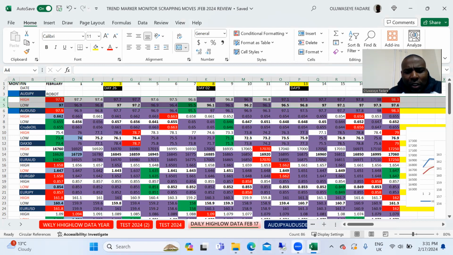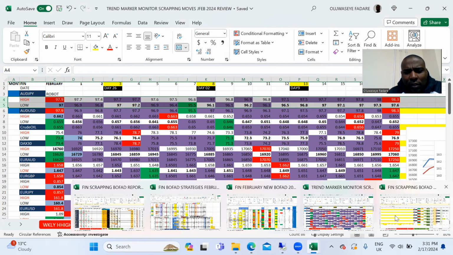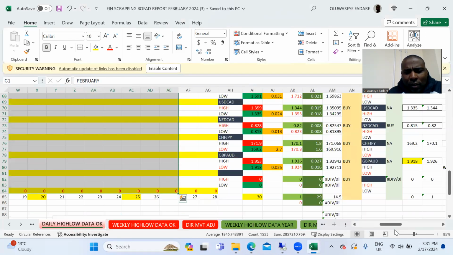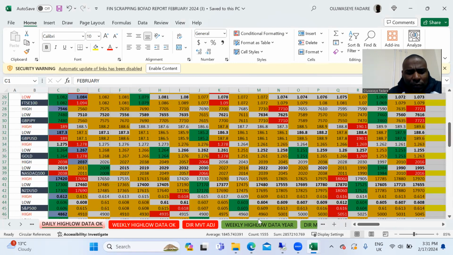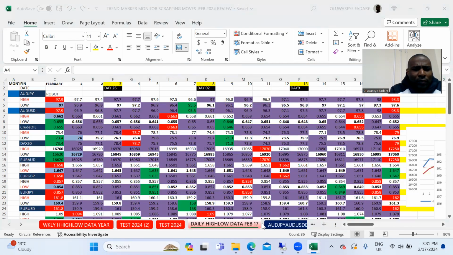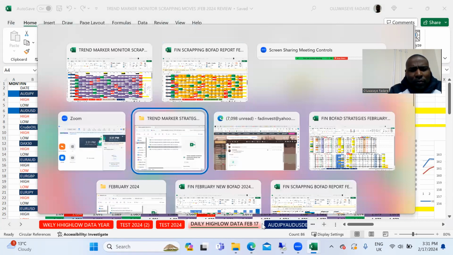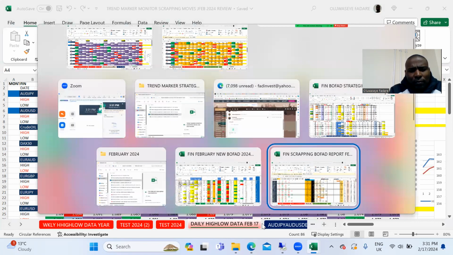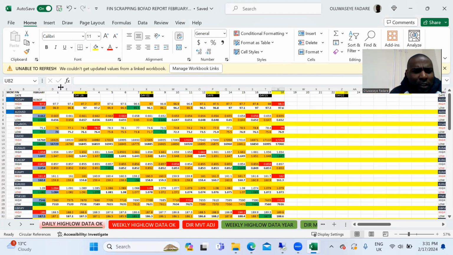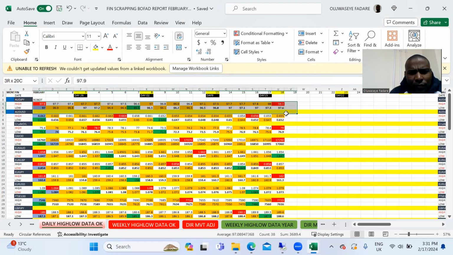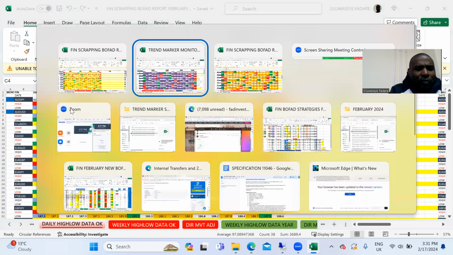Let me show you the initial report of this data, the initial source of this data. Or not even this, let me see the main scrapping. Yep, okay. So this was how the data is initially. We have the high and the low of each month, which is colored according to the trend. The next stage is to copy this information